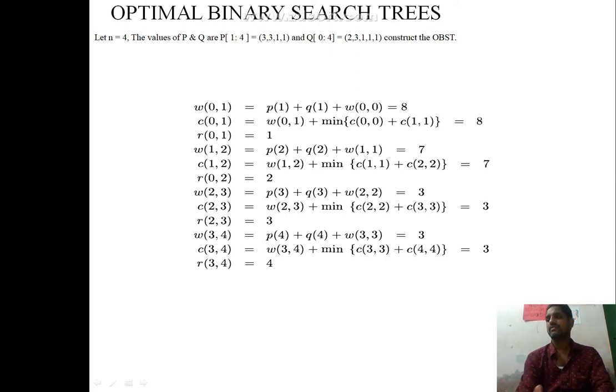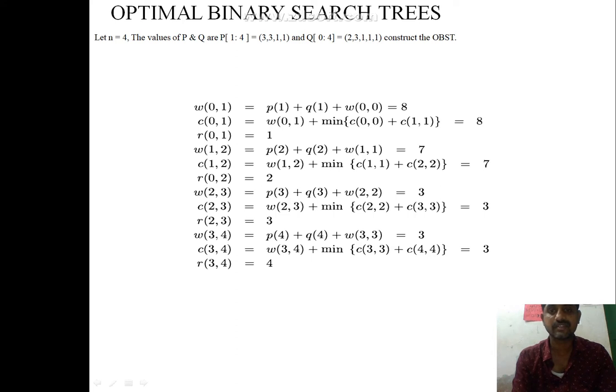In that way, the first tree takes 1, 2, 3, 4 comparisons to find the identifiers, thus the average number of comparisons is 12 by 5. For the second tree, 1, 2, 2, 3, 3 comparisons are needed to find the identifiers, and the average number of comparisons is 11 by 5. So the number of comparisons needed to find a particular node in the search tree is considered as a cost. Then the cost of the tree is the sum of the costs of successful searches. Among the trees for a given set of identifiers, the one with minimum cost is the optimal binary search tree.